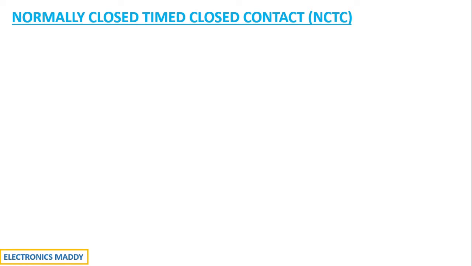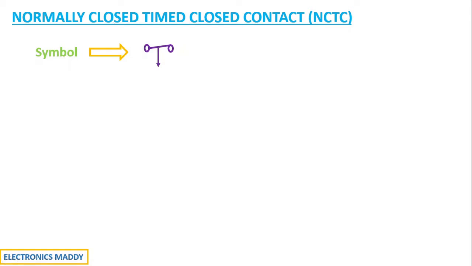In today's video, we're going to take a look at the concept of normally closed time closed contact, which is also referred to as NCTC. At the first place, let us look at the symbol of NCTC, and the symbol always conveys some information, isn't it? In this case, the information that the symbol is conveying is it is closed and it is associated with time. So that is why we'll call it a time closed contact, whereas normally closed suggests that it will initially be closed if you're not energizing it.